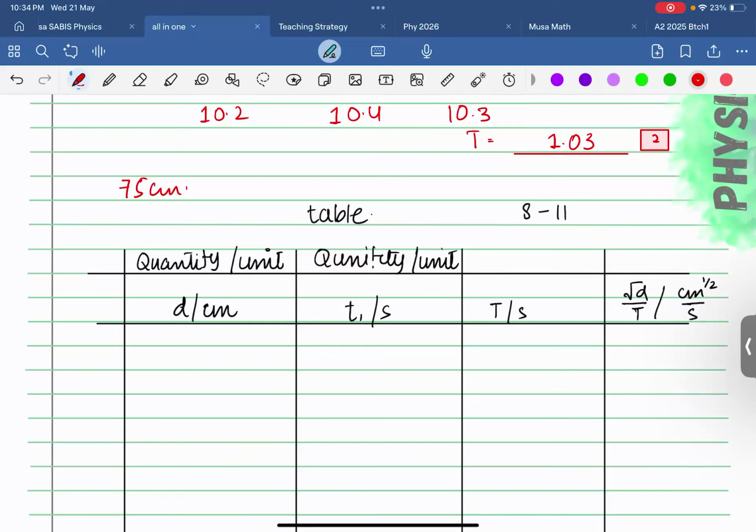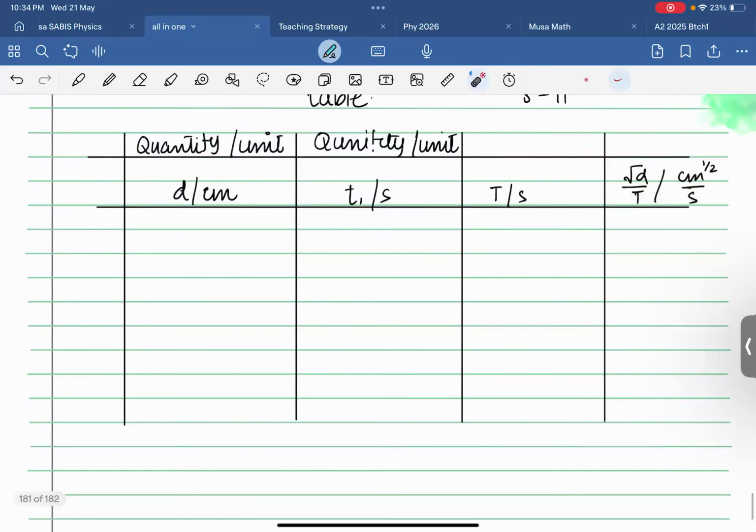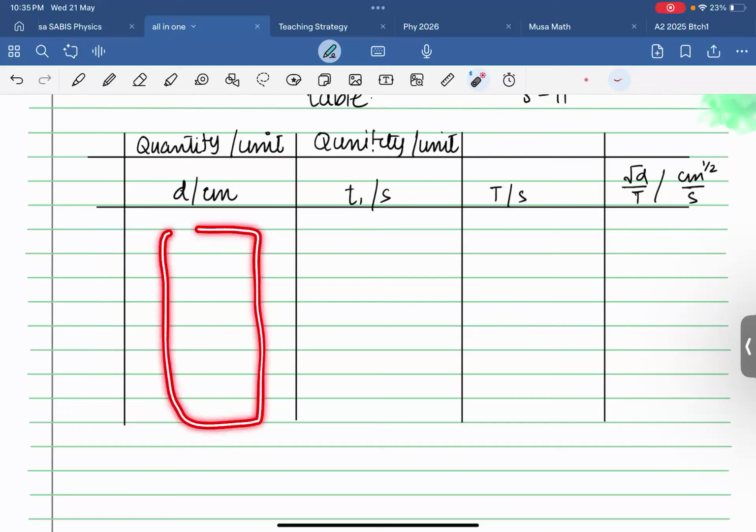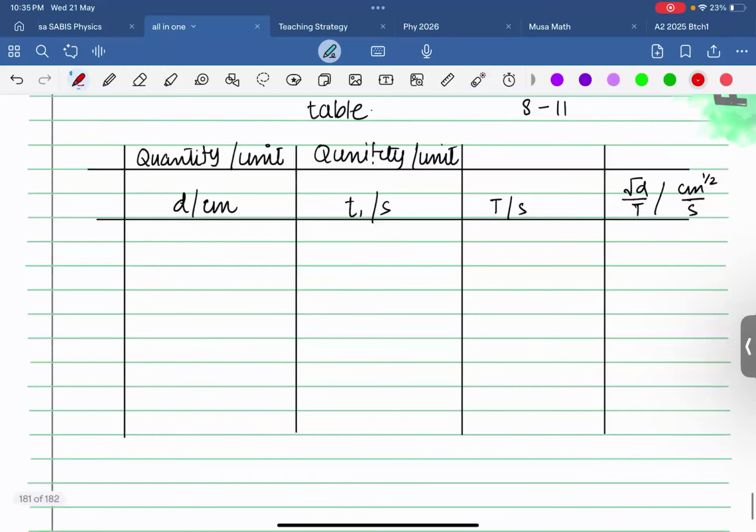The thread is of the 75 centimeter length. So let's just take the range as 60 centimeter, which means I have to vary the values so that they are in the range of 60 centimeter. Like the first value and the second value and the last value, when you subtract them, it should be around 55 or 60. But don't pick very small values, otherwise it will be very difficult for you to draw the graph. So let's say I'm taking the value as